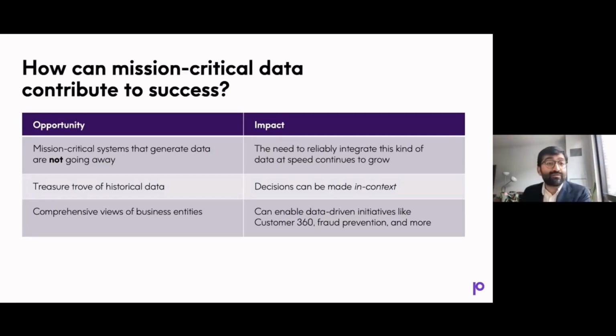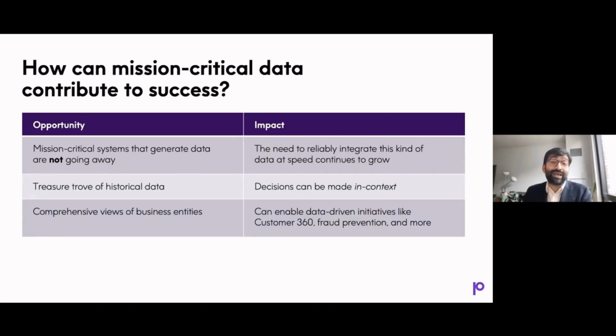They've got a treasure trove of historical data. What does that mean? Well, to me, that means one thing. That means context. If you've got historical data, there's a lot of context that you can mine out of it. And more importantly, if you think about the process chain downstream from actually integrating the data, as you start to operate on it, analyze it, and make decisions out of it, really activate it, you're now making decisions that are informed by that context. So you're not making them in just a vacuum.